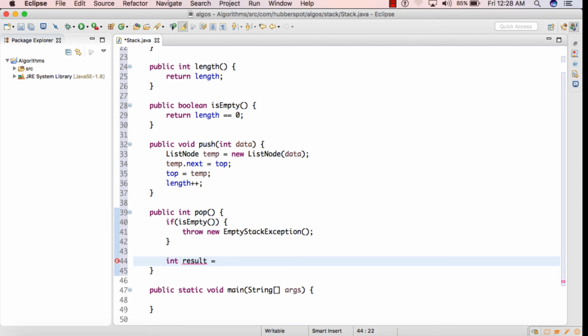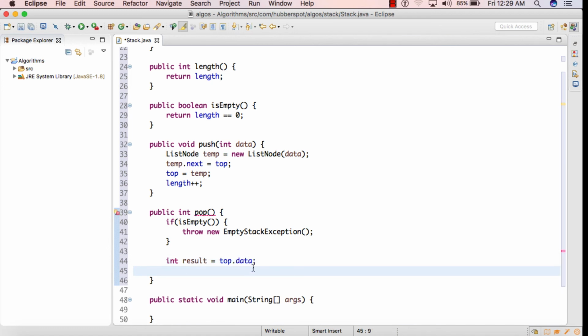So friends, if the stack is not empty, then the first step we'll create an integer variable by name result, and we'll assign the value of data stored in the top list node. So we'll do top.data, and as we have stored the data inside result, we can simply traverse to the next node by assigning top.next value to top.